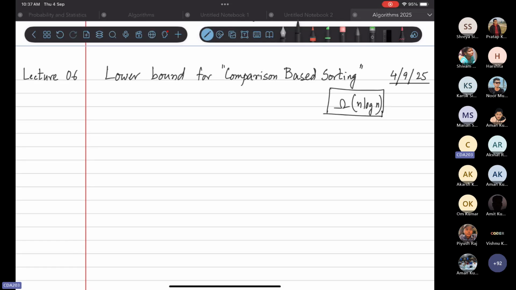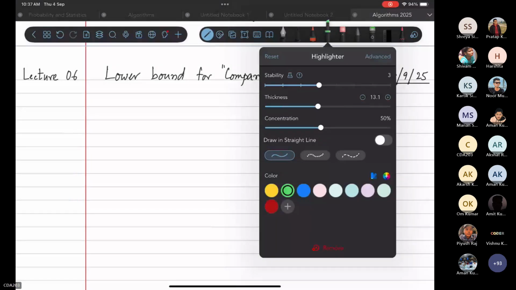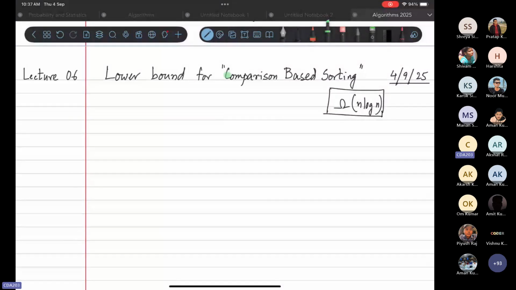That says that there does not exist any sorting algorithm that runs better than n log n time. Although I'm saying there does not exist any sorting algorithm, it actually means that there does not exist any comparison based sorting algorithm. Now, what do I mean by this comparison based sorting? So, in this type of algorithms,